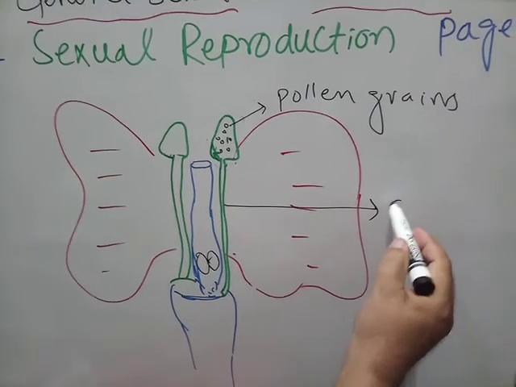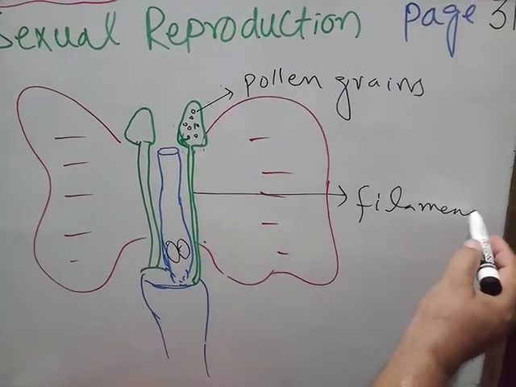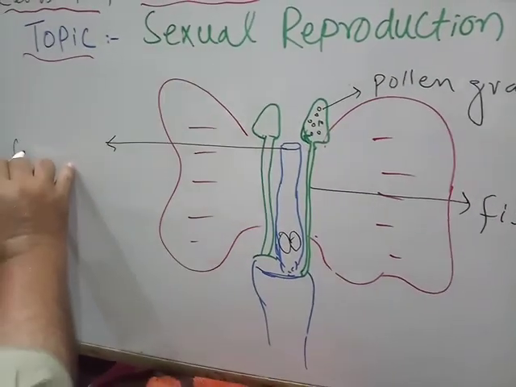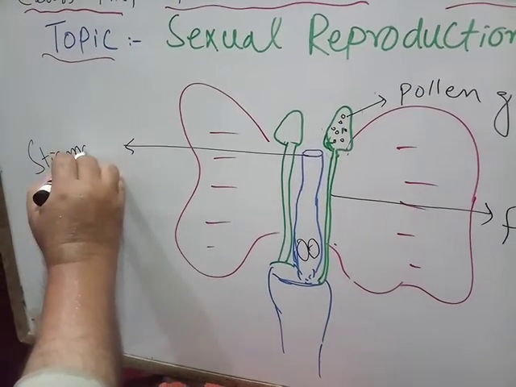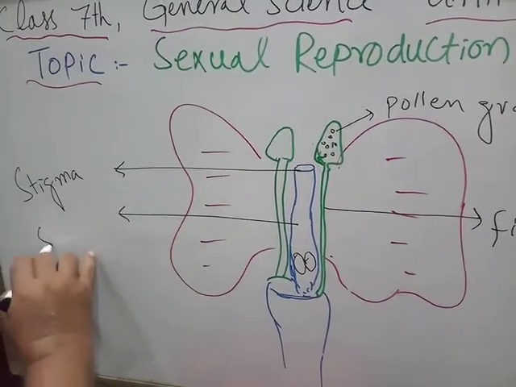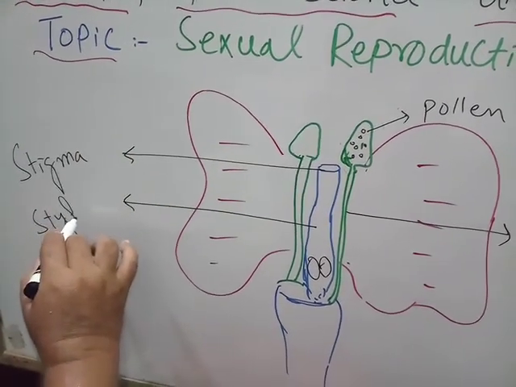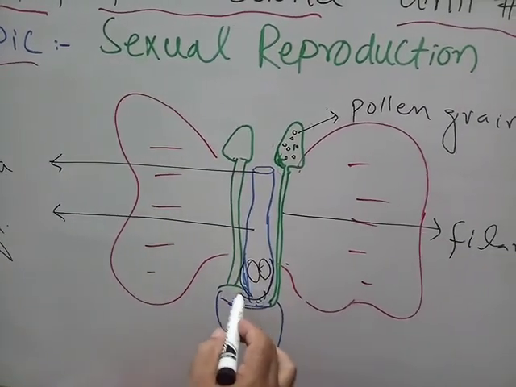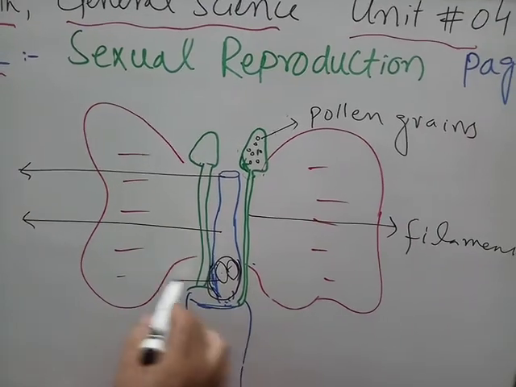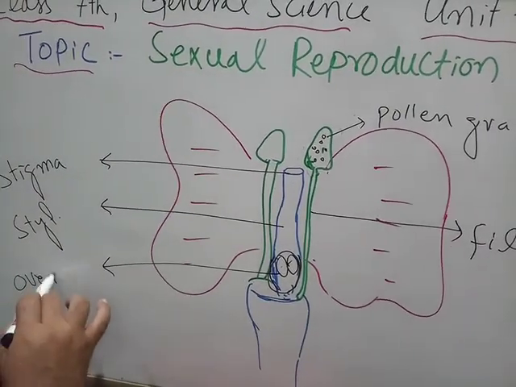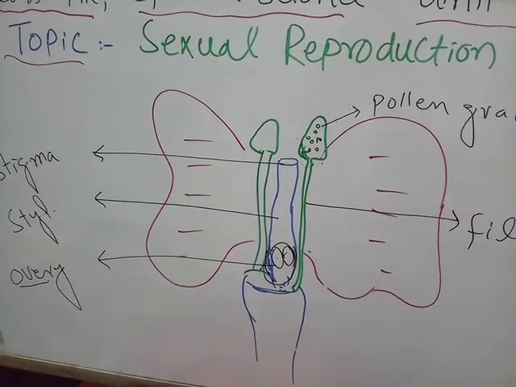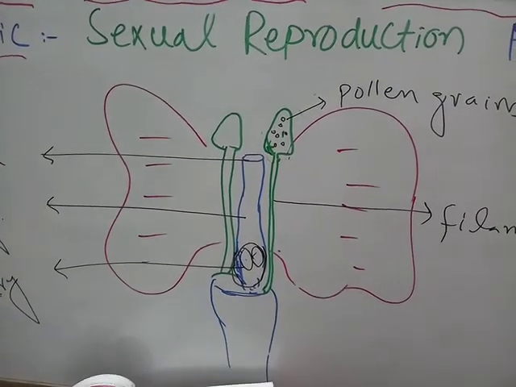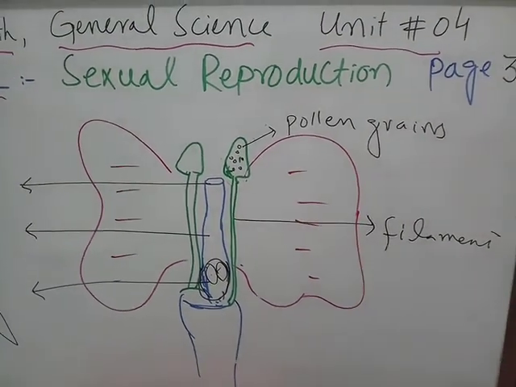This is called filament. This is called stigma. The central part is called style. And this swollen part which contains the ovules is called ovary. So if you move to the next page, we know that